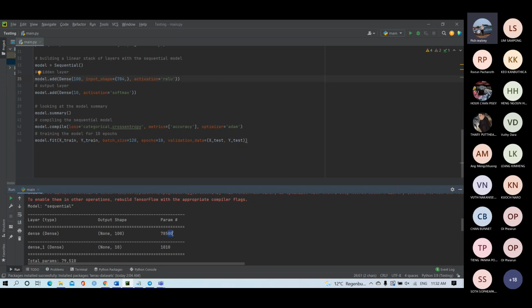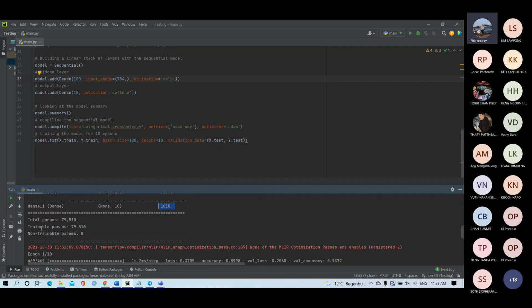And here you see the input is 755. Why do you add 100 more parameters? Because one input connects to 10 nodes of the hidden layer, so we have to have weight parameters. In this case, the number of weights is the number of inputs multiplied by the number of nodes in the hidden layer. So our total parameters, as you see, we multiply all together and then add together.